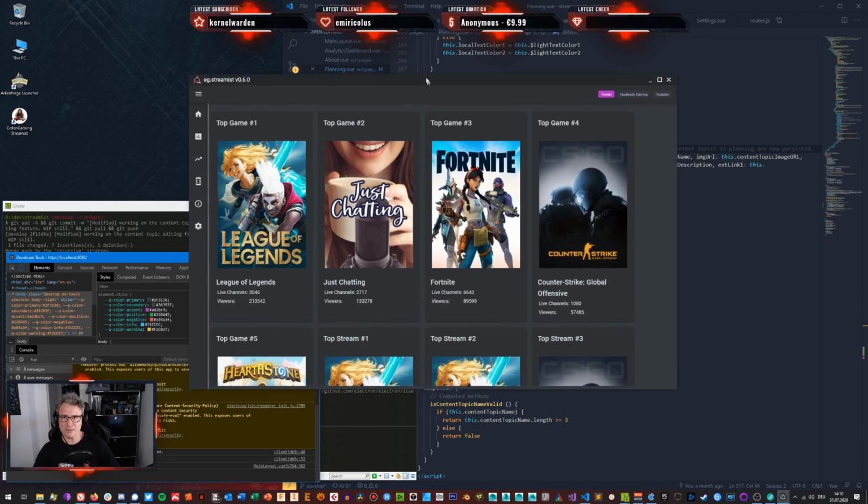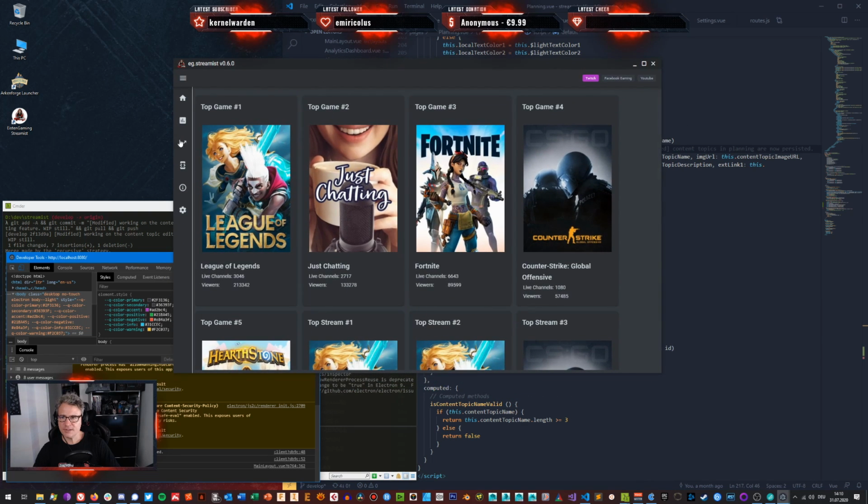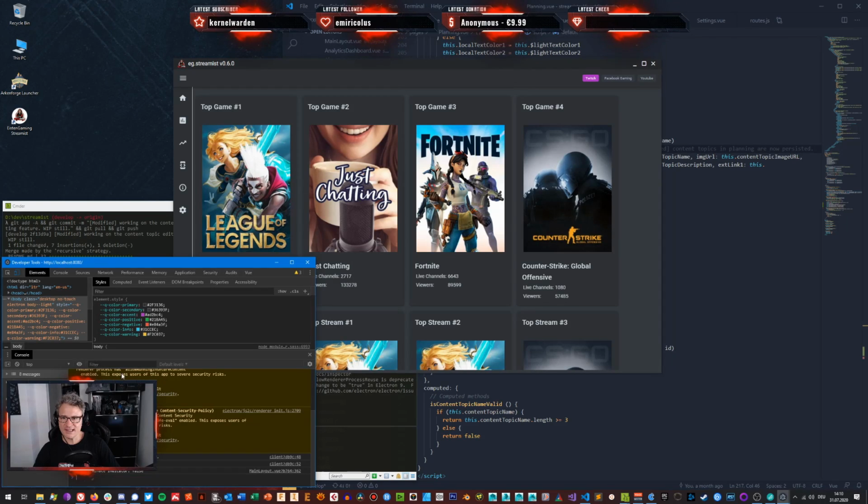So this is StreamTeam. This is the 0.6 version of StreamTeam. What you see is it started the application. It also started the developer tools. And you know that kind of layout, if you work on Chrome, if you work in web development, if you work on Firefox, and even probably Edge, they have this kind of tool support built into the browser.